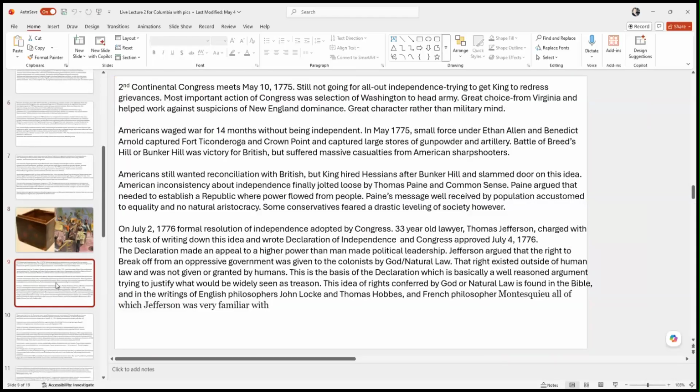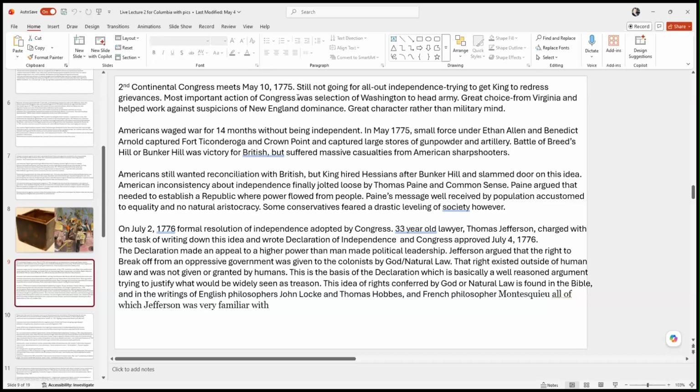So the Continental Congress decides to have another meeting in May of 1775. And at this meeting, probably the most important decision they made was the creation of an army. Up to this point, they had just been using colonial militias, but now they decided we're going to have to have basically a continental military. So they voted to create an army. They selected one of the members from Virginia, George Washington, to be the commander of the army. He had military experience from the French and Indian War.